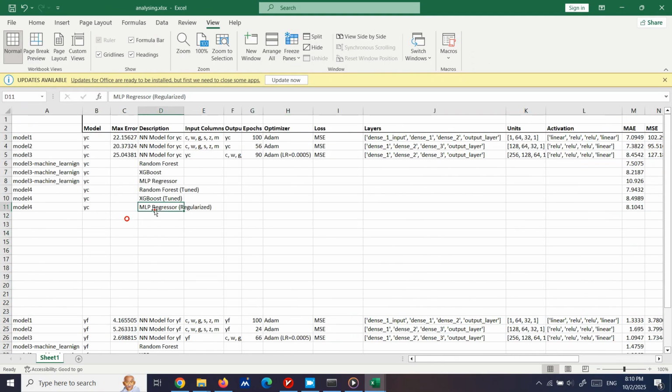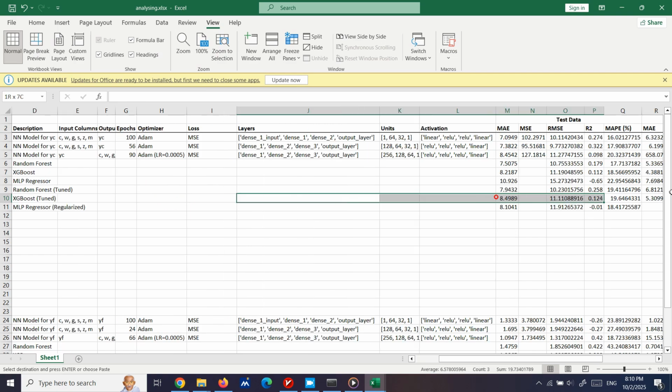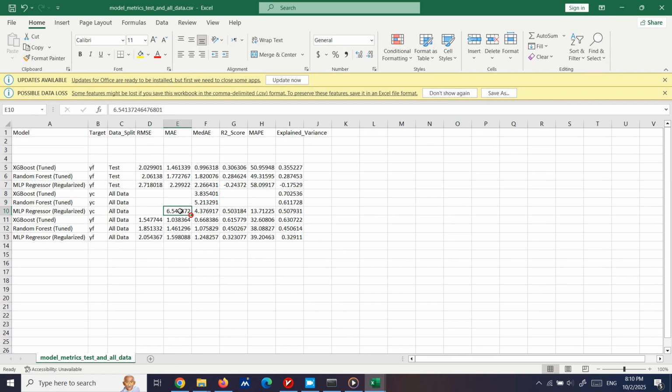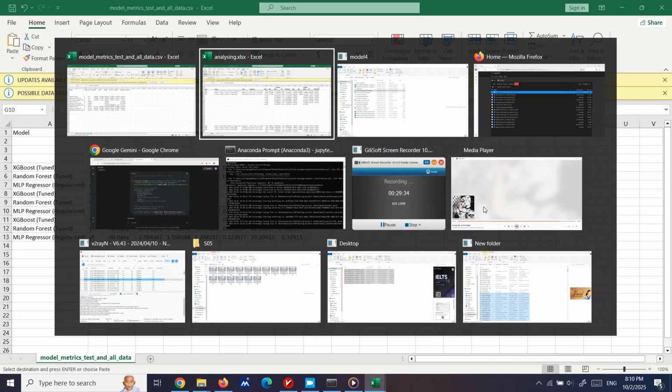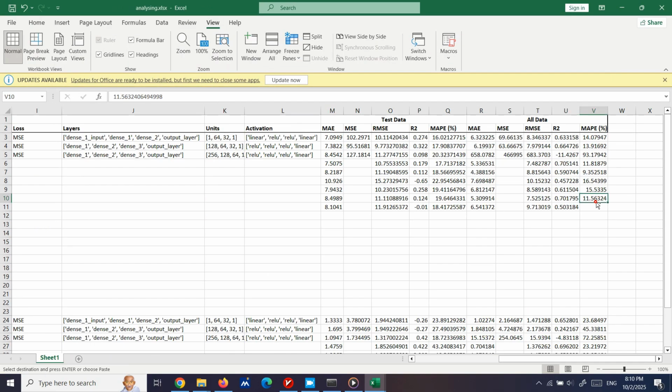The last one is MLP regressor. MLP regressor here, YC. This is RMSE. MAE, R2, MAPE,